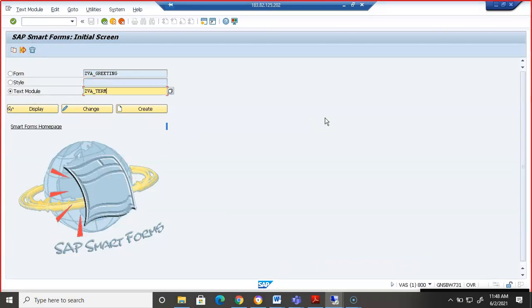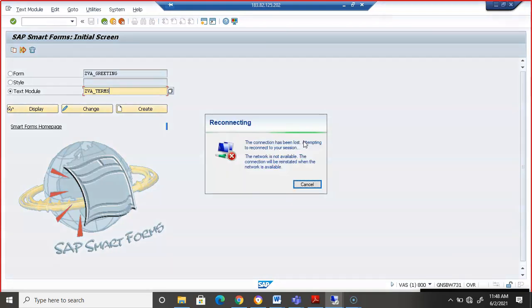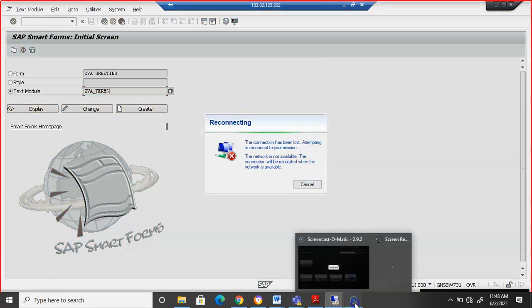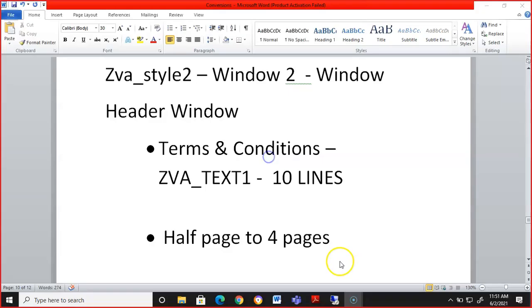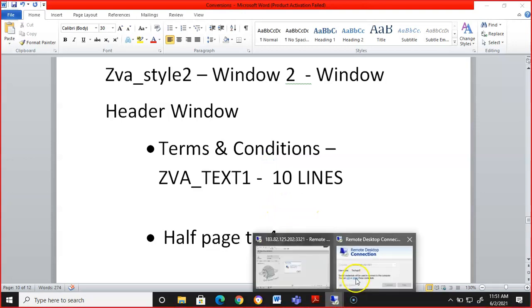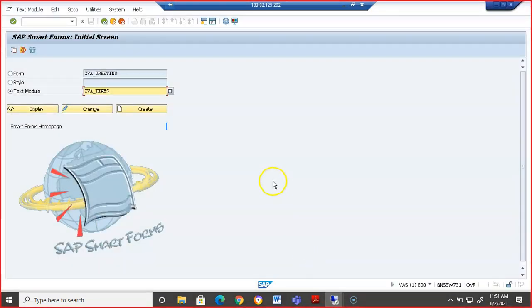ZV underscore terms. Okay, so let us go ahead and implement this terms and conditions here.